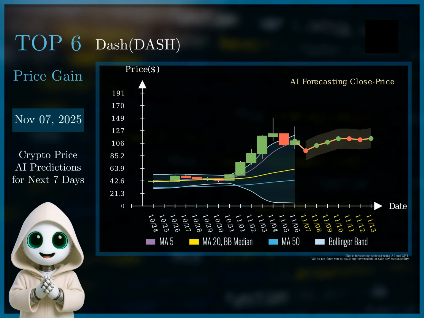When the RSI dips below 30, it signals an oversold condition, and when it exceeds 70, it indicates an overbought state. Considering the forecast price of $114 on November 13, 2025, and the RSI nearing overbought territory, we can adjust the strategy. If the RSI falls below 30, enter a long position at $102, set a stop-loss at $93.8, and target $114. If the price touches the lower band of the Bollinger Bands, enter a long position at $112, set a stop-loss at $108, and target $114. This hybrid approach combines trend following with momentum indicators to optimize returns while controlling risk.